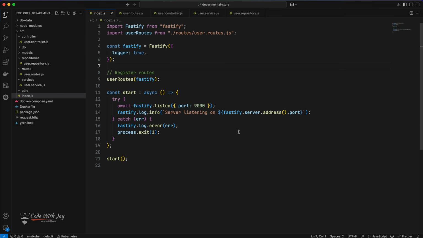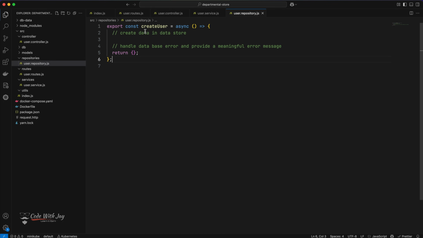Perfect. So now let's go ahead and add some features to our user service. But before that, let's handle our source of truth first. So go to our user repository. Here we have our create user. Let's create a couple more functions. You can say get user. Let's say export